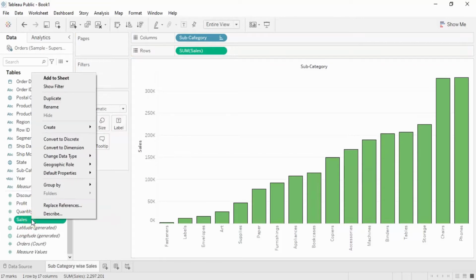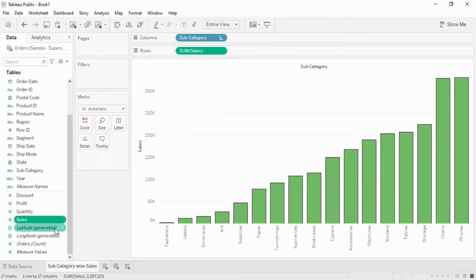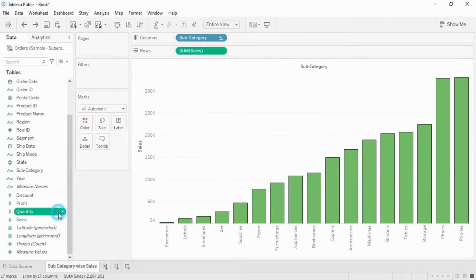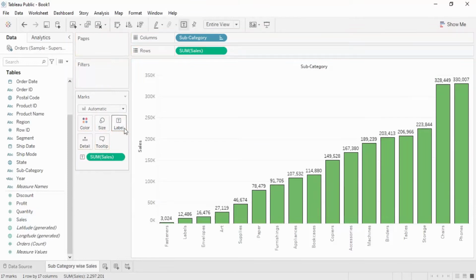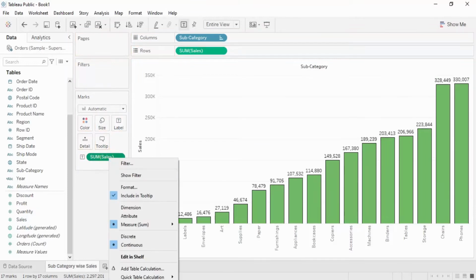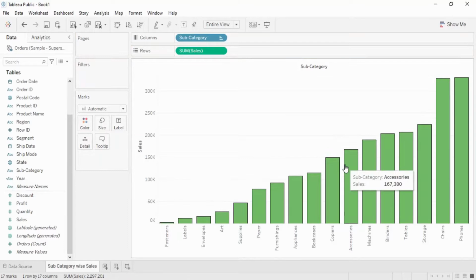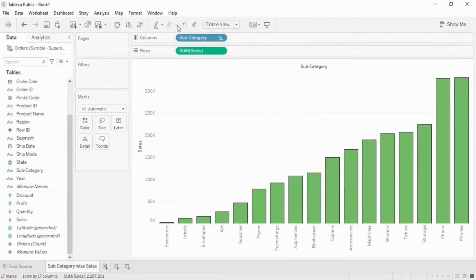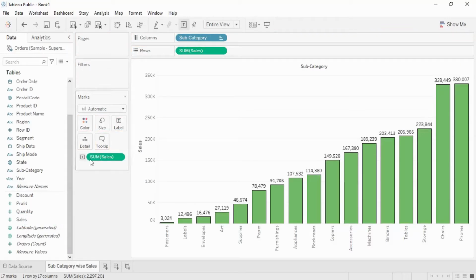Otherwise, if you don't want to do the dragging, what you can do is double click on it. No, actually double clicking would not work right here. So you can just drag the sales into the labels part, but if you want to delete it from here, you can right click and there is this option to remove, and that would be removed. So that's one way. The second is this labels option, mark labels option. If that is enabled, you can use that directly, so you don't have to go through all this process. But right now I don't think it is available. We will see its usage later on. For now, you can just drag and drop the sales option, so the sales value is visible.